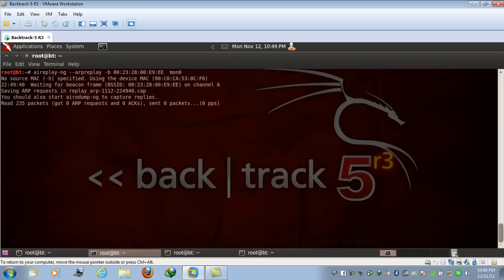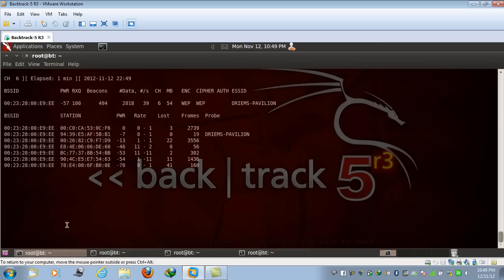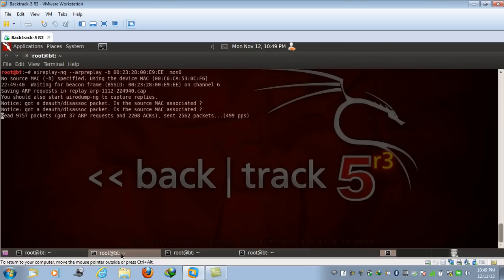So start it. And right now, as you can see, I have started the aireplay-ng tool and we are able to generate enough data packets. Let's see whether I am able to capture it. Yes, around 3000 data packets have been captured. But one thing to notice is that we are not able to make the system generate enough ARP packets, which are necessary to crack the WEP key.